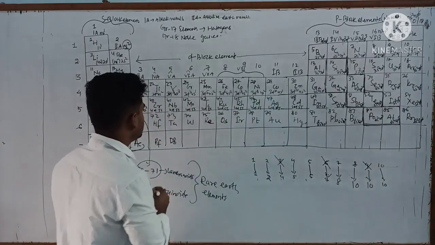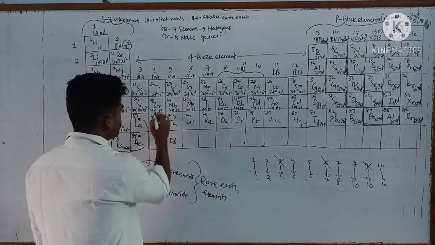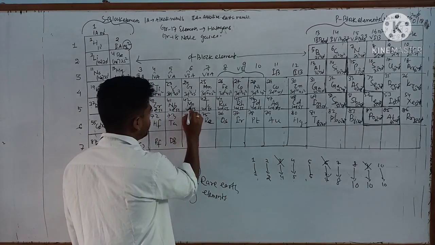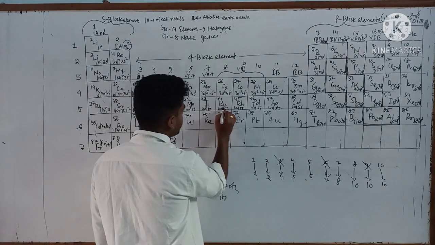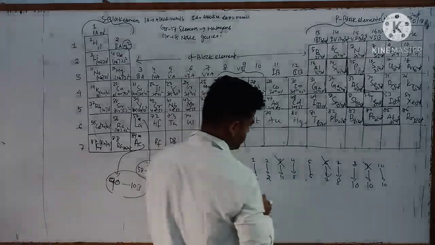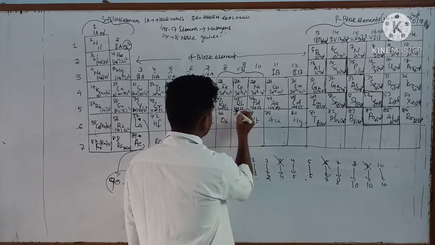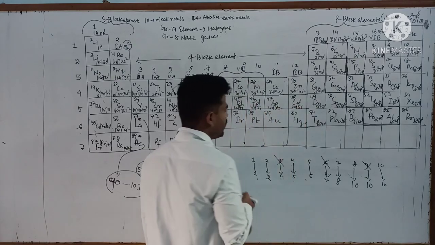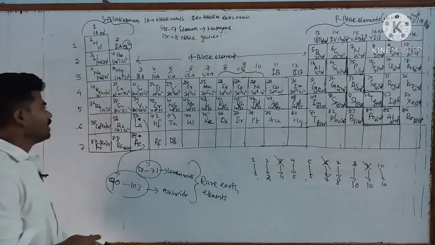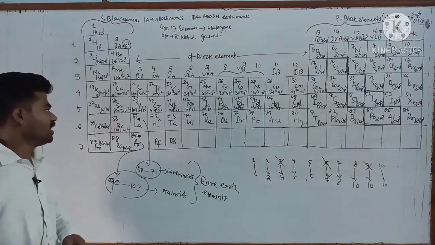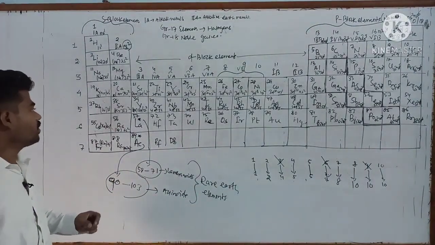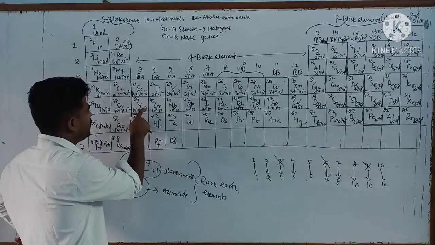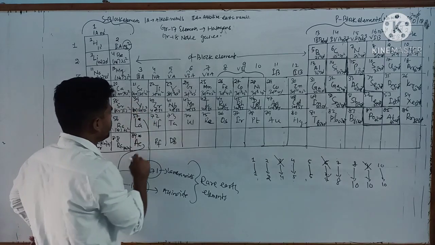Okay, just mention the number of electrons over 4d 5s: 2, 4, 5, 5, 7, 5, 5, 7, 8, 10, 8, 10, 10 and 10. Is that okay? So you just add 36 with the number of electrons in d and deduct it from their atomic number. If 36 plus 1 is 37, 39, that will be 2. Okay, so here